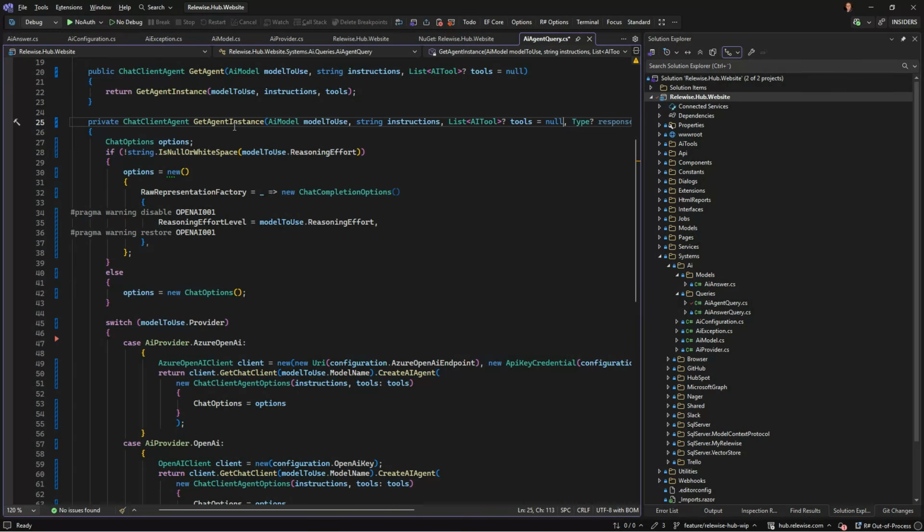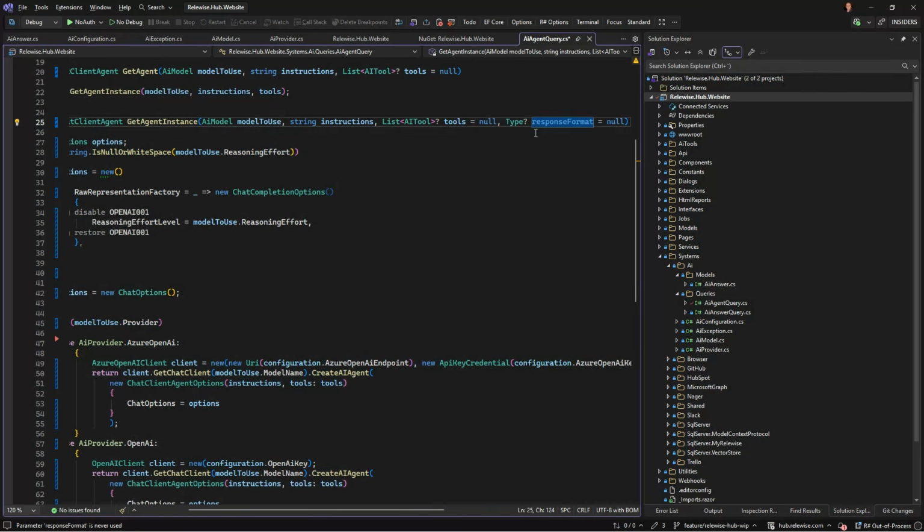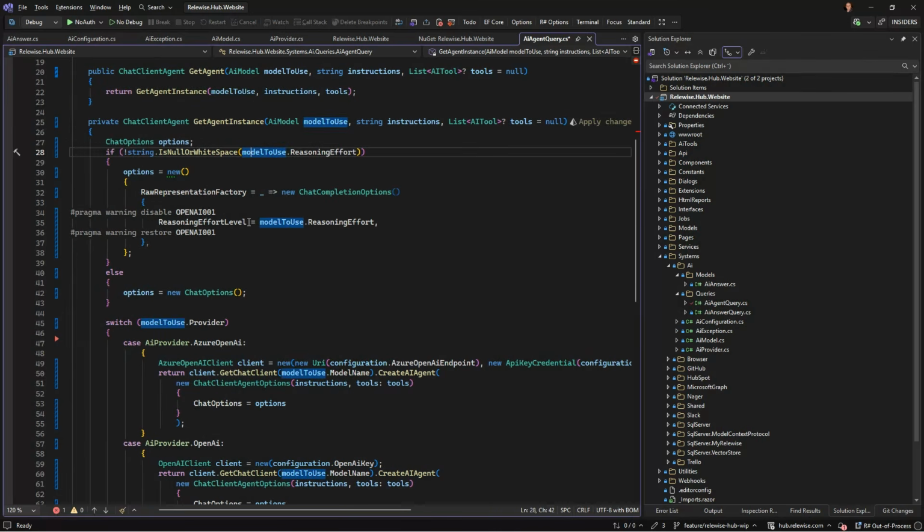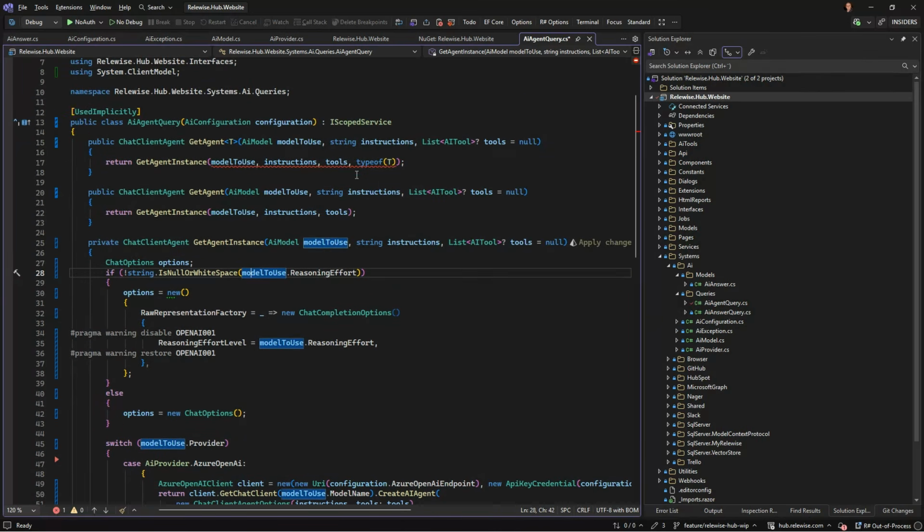This was whenever you made your agent, you needed to tell your response format for structured output, but that is not gonna happen now because that is on the call itself. So I guess we can just delete that, and we'll probably end up with some problems with that. What is this? That's another place now.